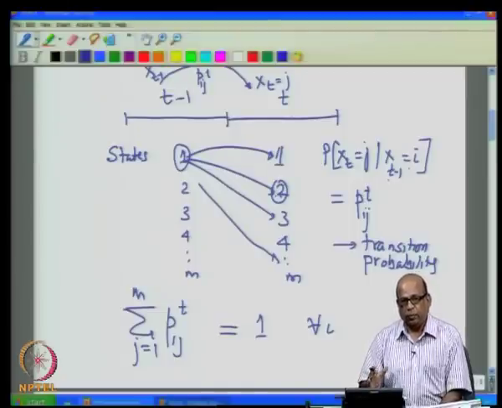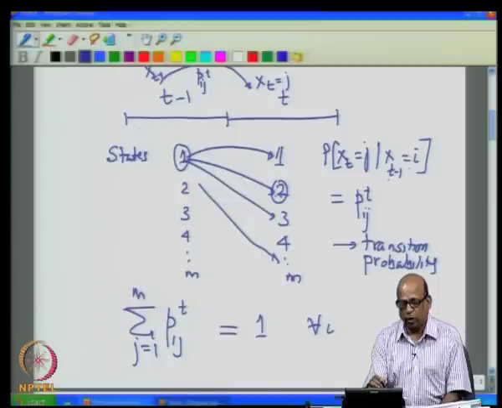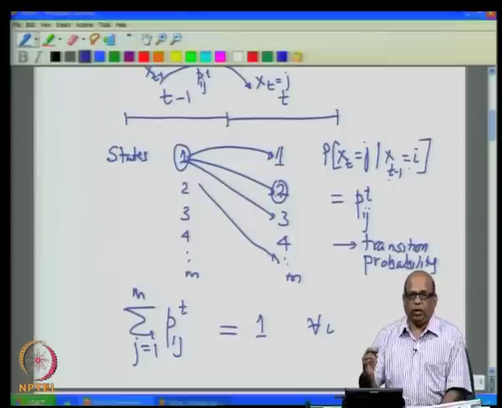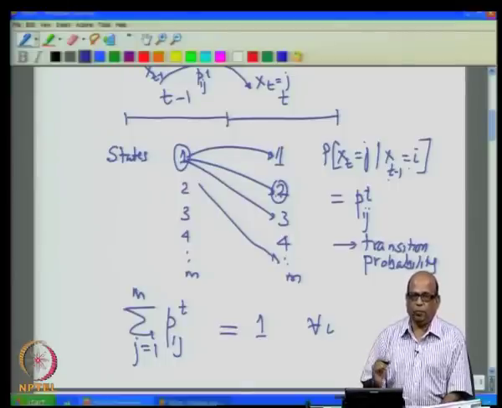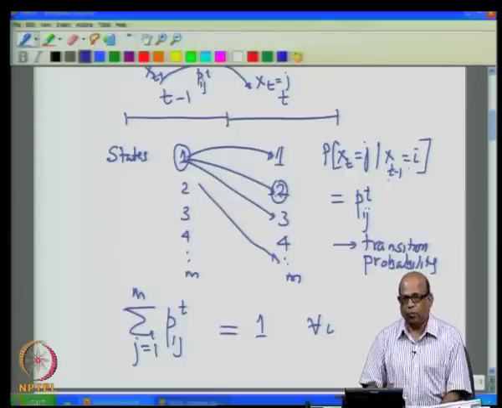Keep relating this with the hydrologic process. We are talking about, let us say, the stream flow during the time period t minus 1 and the stream flow during the time period t, and typically this t can be a month duration. So, we may be talking about the June month flow and the July month flow, and June month flow can take on any state between 1 to, let us say, 5: 1, 2, 3, 4, 5. And when I say it has taken a state of 1, we may have a discrete class interval of stream flows associated with that,